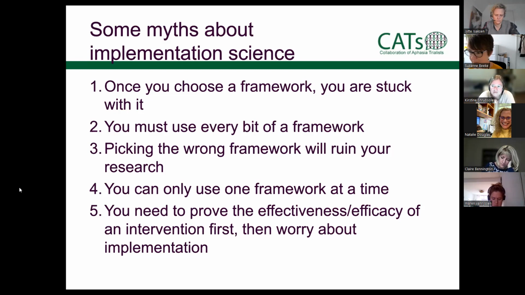As Kirstine and others were mentioning today, we know that we lack effectiveness data for many of our interventions, but we can use some type of hybrid design to really gather at least some data relative to implementation while we are also collecting our effectiveness or efficacy data. We can do those simultaneously to make the most bang for our buck, if you will. So with that, I'll turn it back over to Yuda to see if we want to facilitate any discussion.